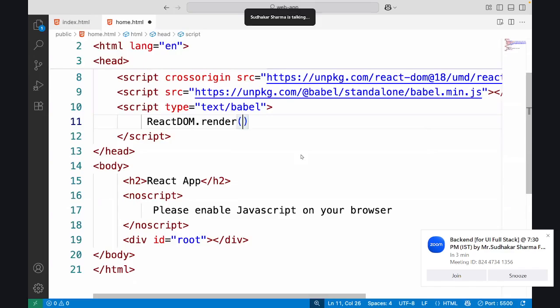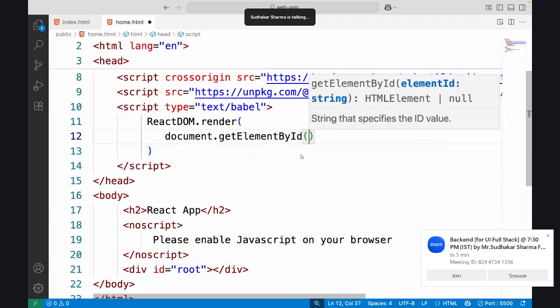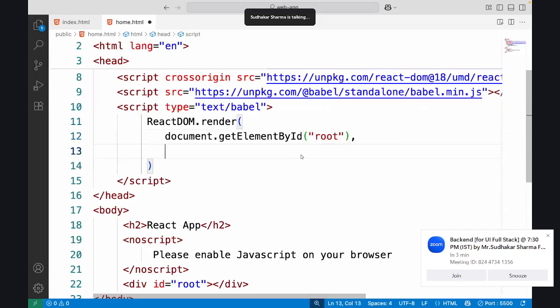ReactDOM.render. Where to render and what to render, you have to tell. Where to render? I want to render in root. How to access the root? document.getElementById('root'). Okay, comma, what to render into the root? I'll just put a message: Welcome to